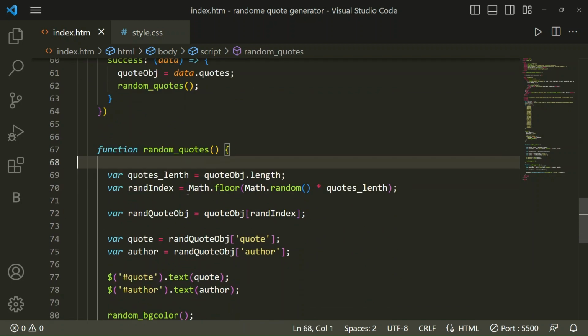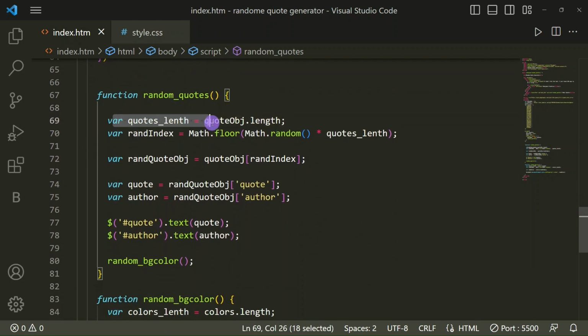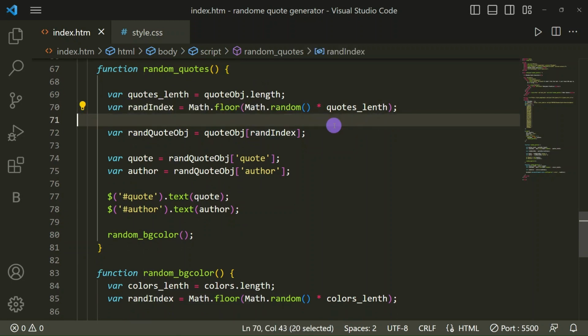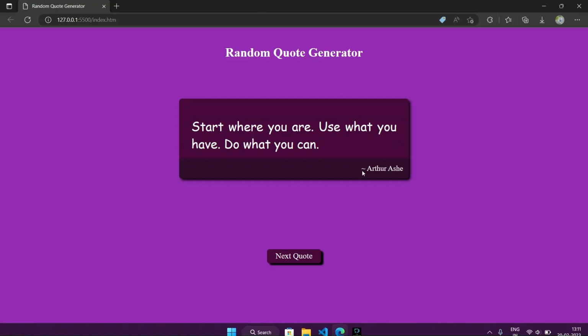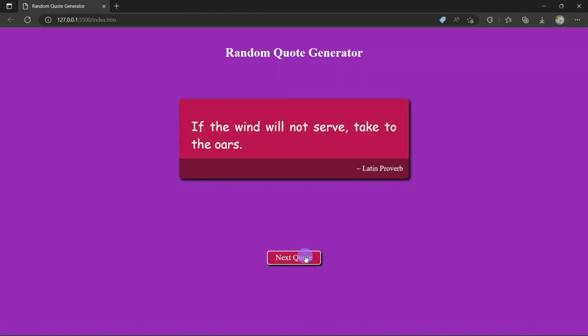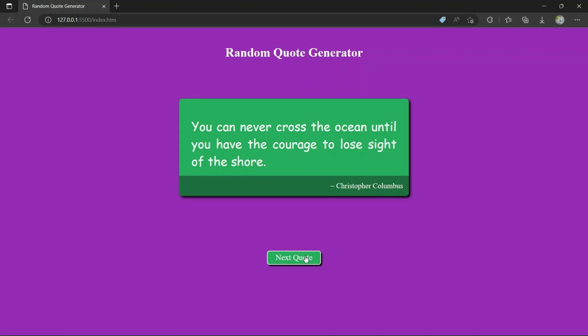A function random codes we have taken. Then we have created a variable codes length, codes object length. Then we have a random index, Math.floor Math.random times codes length. Whatever we are clicking, it should be in the div. So when bigger codes come, the div will increase.